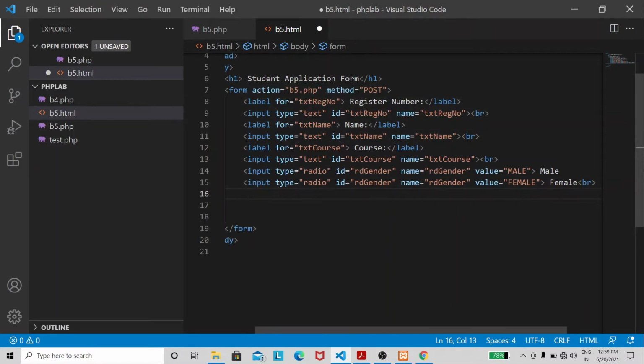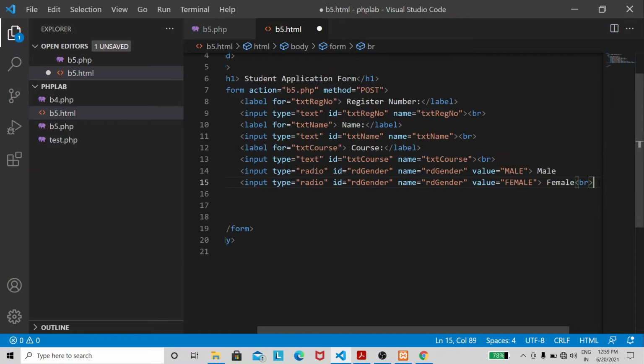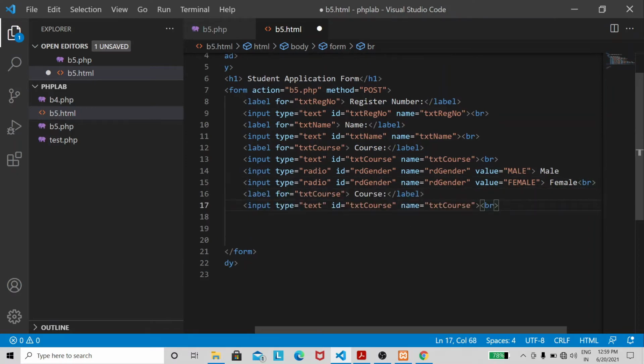So for phone number, I'm going to copy this, txt ph, phone, txt ph here as well.